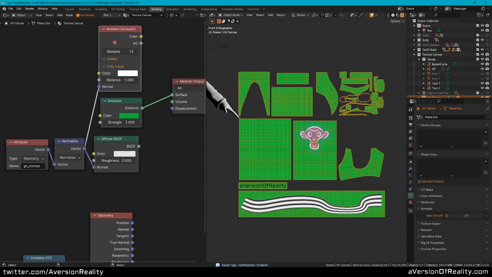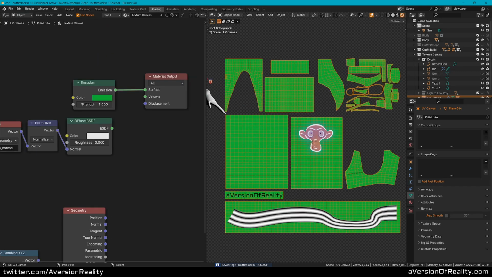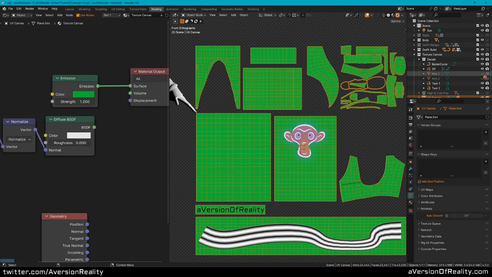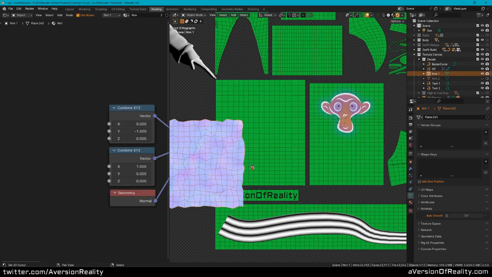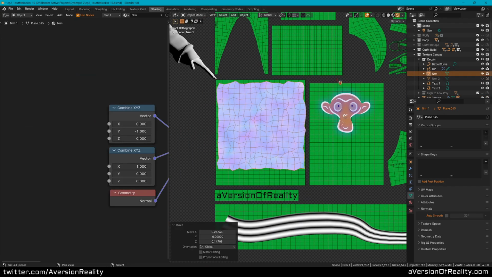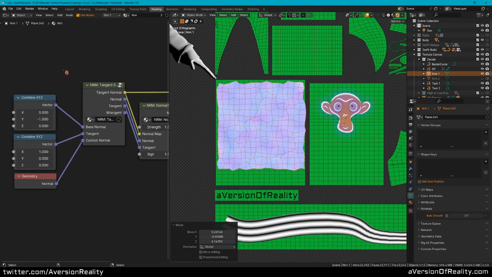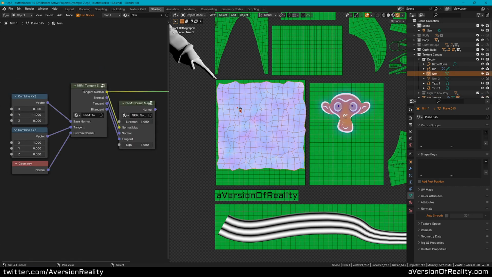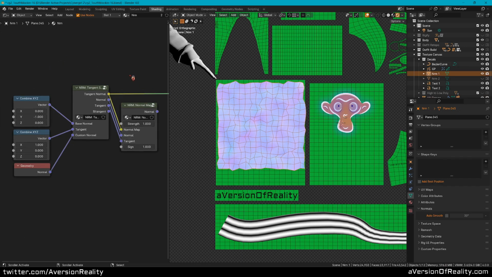Okay, so we can't do every single thing you might want to bake, but what about normal maps? That's the other major thing you bake all the time. I've got some examples of those too. So here is a normal decal. We'll see how that works. If you've watched any of my previous videos on normal mapping, you'll be familiar with these groups. We can bake normals, but we have to do the tangent normal map calculation ourselves.